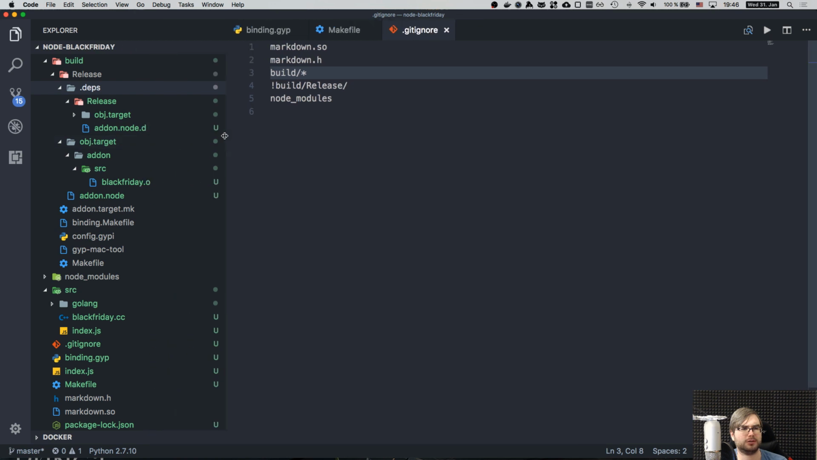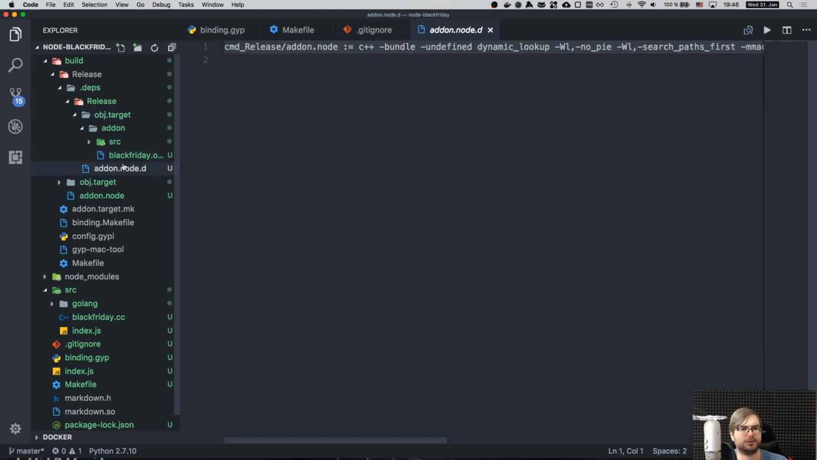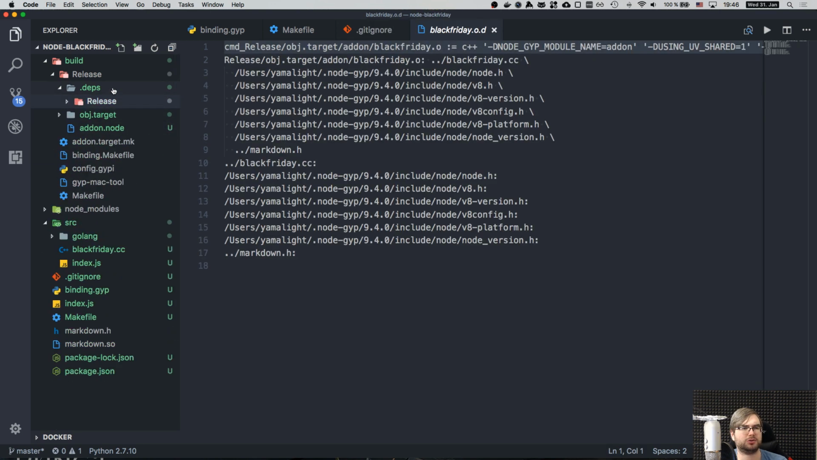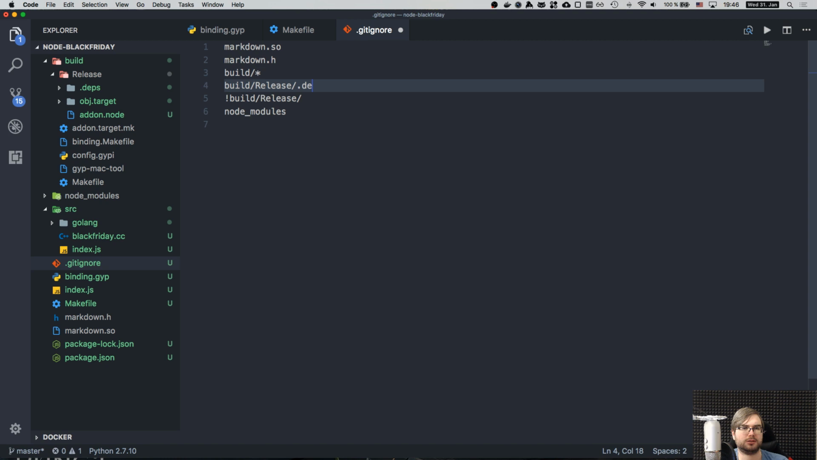Is that important? No, that seems like this is not important as well, right? So we're only interested in the addon node file, actually. Addon node, right? Because everything else... Okay, I can do that. Dot depths and